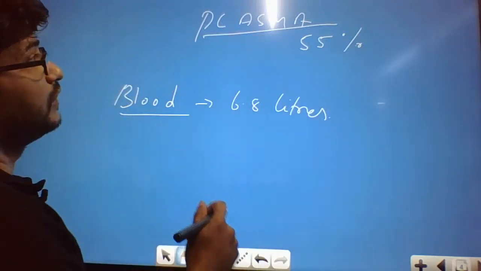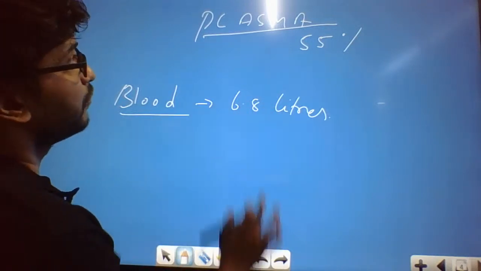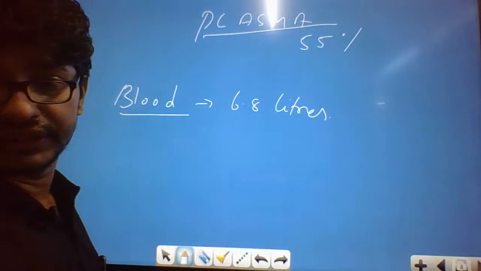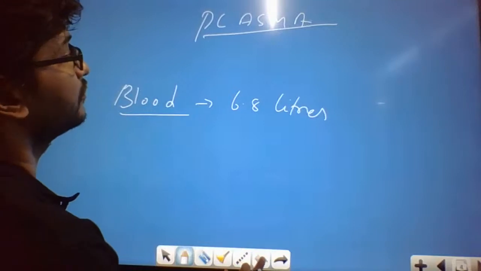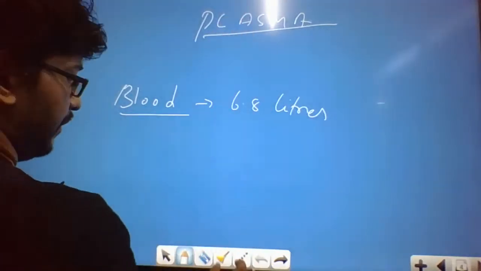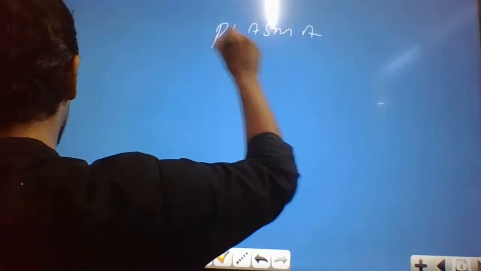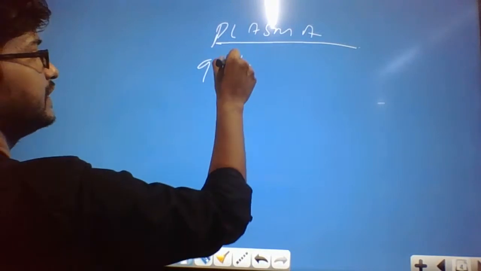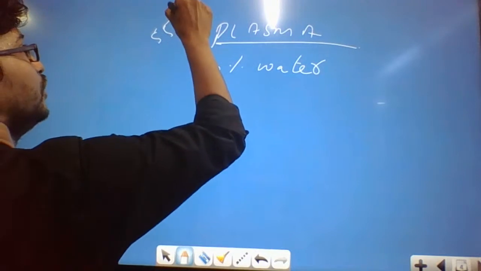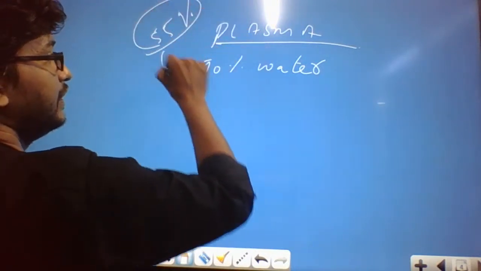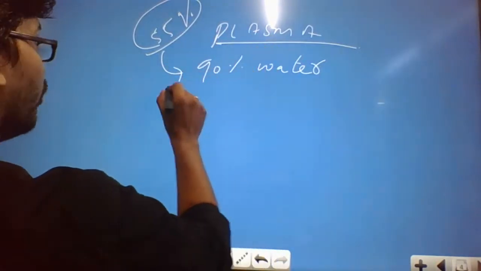So we get back to the plasma. So in blood there are 6.8 liters. In that, if you look at the total amount of plasma, you could see it's actually 55%. So 55% of the blood is actually plasma, right? So now we'll see about the plasma. The main features of the plasma: in plasma, 55% of the blood, of this 90% is water. Mostly it consists of 90% of water and also